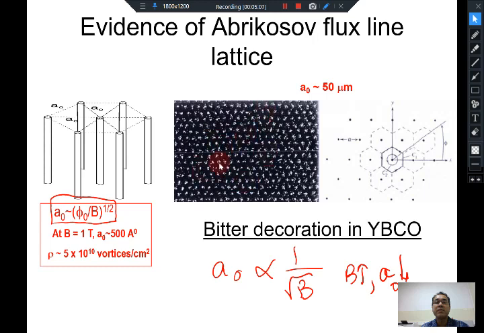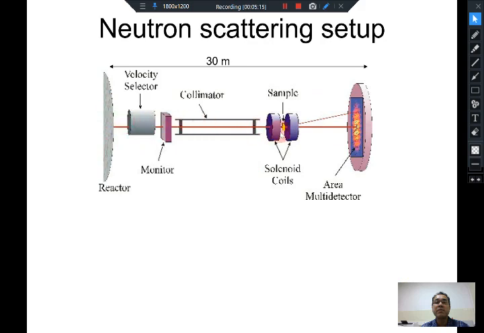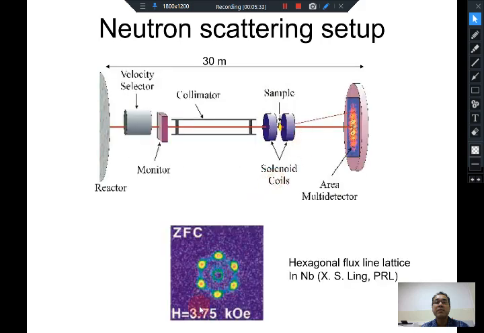Similarly, if you diffract your beam of neutrons, you will see a Bragg diffraction spot. And actually people do this experiment with neutrons, where you shine a beam of slow moving neutrons which is highly collimated, a very well collimated beam of neutrons which are slow moving, whose wavelength is large. And if you diffract it from a superconductor which has vortices inside it, then you can actually see this Bragg diffraction spot. You will see this hexagonal collection of points which says that actually there is a hexagonal arrangement of vortices inside the superconductor.